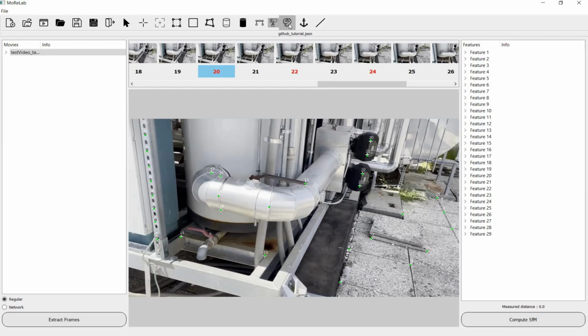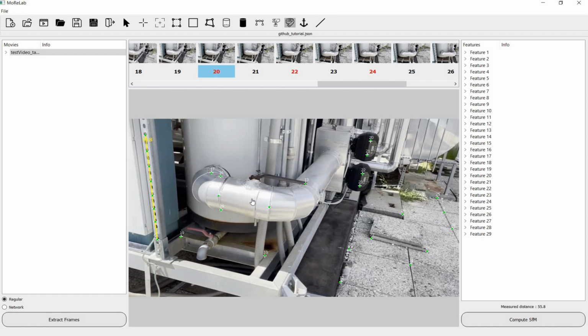Now I would like to talk about the usage of the measuring tool. In the measuring tool, the first measurement is always the calibration measurement. For that, we always need to have the ground truth value known. So the first measurement is always the ground truth, and we provide that ground truth, which is 55.8 centimeter over